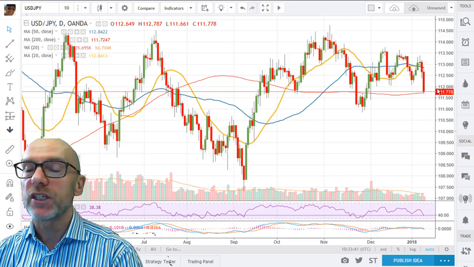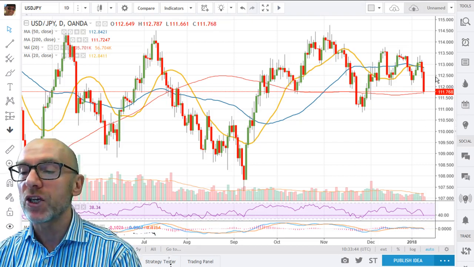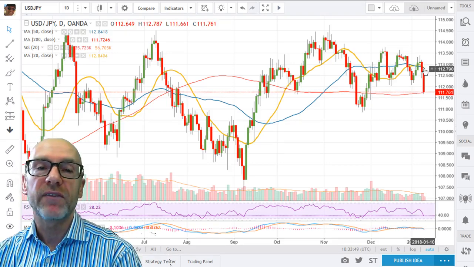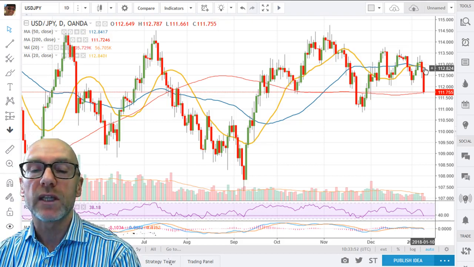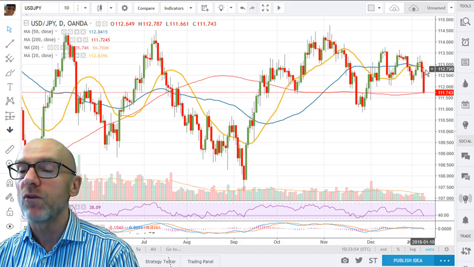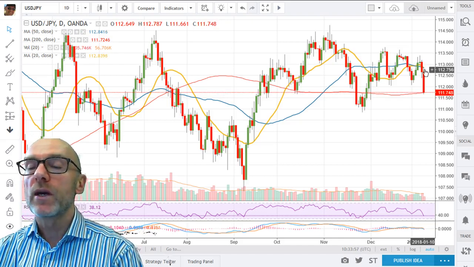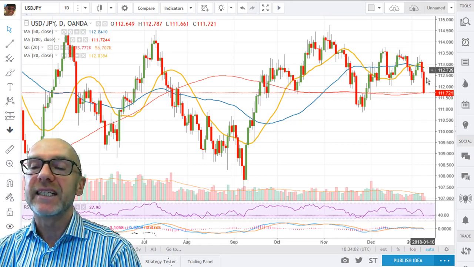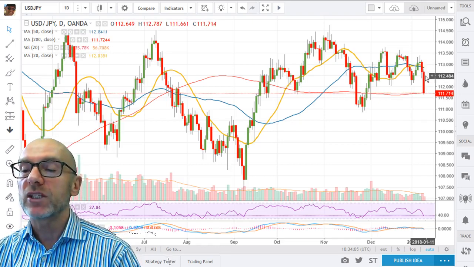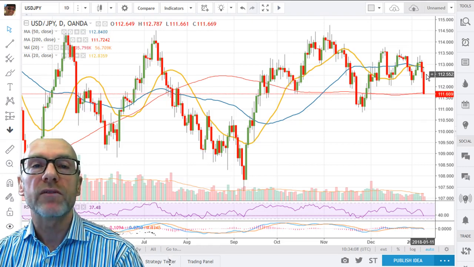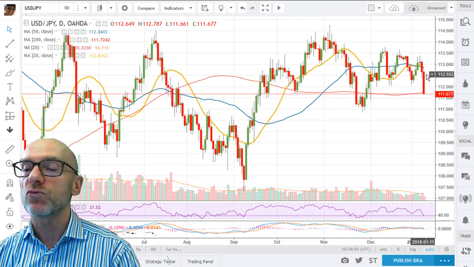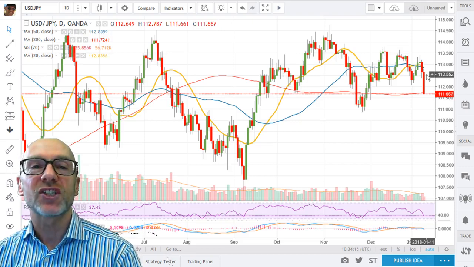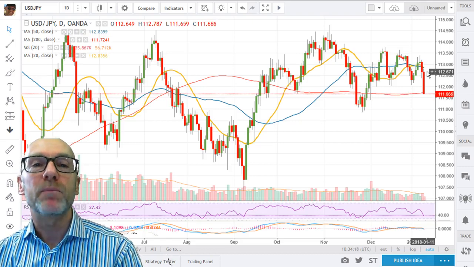The moving averages are very interesting on the daily picture. You can see that the 20 is just crossing the 50. In fact, they're at identical levels at the moment, 112.84. So that will happen tomorrow. That's called a bearish cross, and is a negative factor. It means that if we get a rally towards that 112.84 level, there will be significant resistance. Everyone will be looking at that level as a selling level, and it'd be a big surprise if we